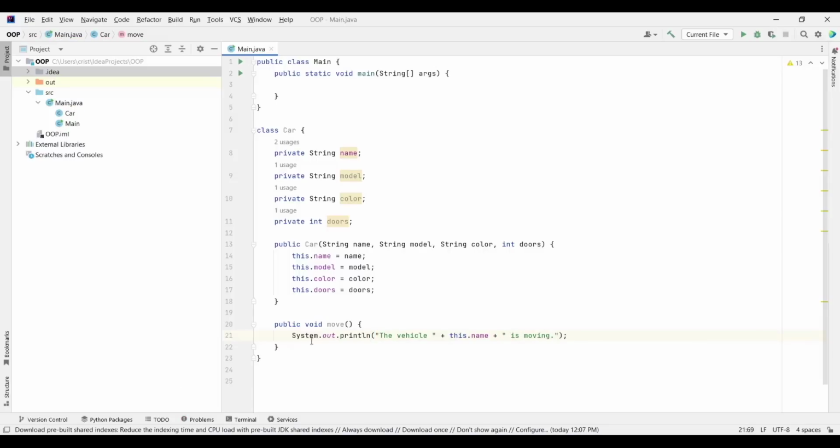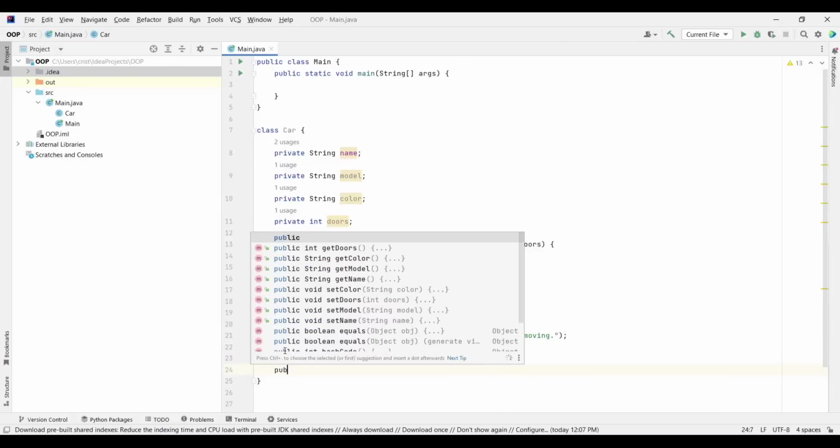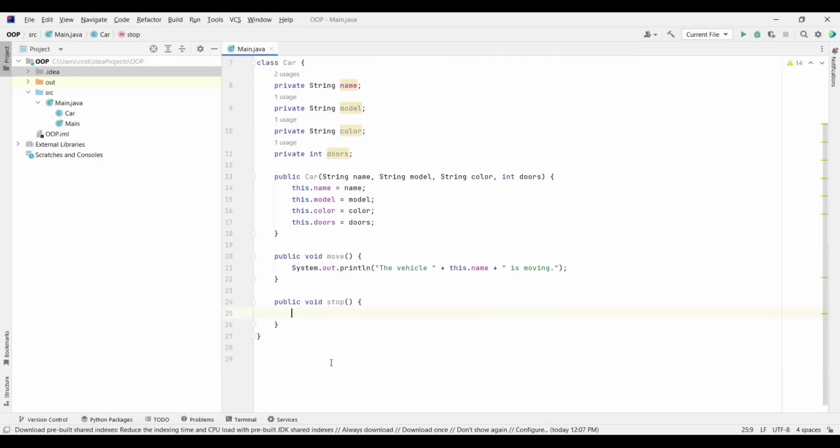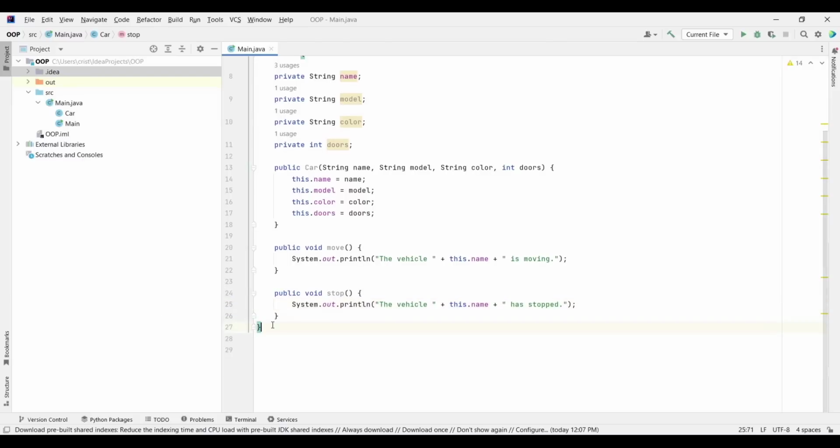And now I'm going to create another function, public void stop. It's not going to take any parameters, and it's going to say SOUT "The vehicle" plus the name, this dot name, "has stopped."